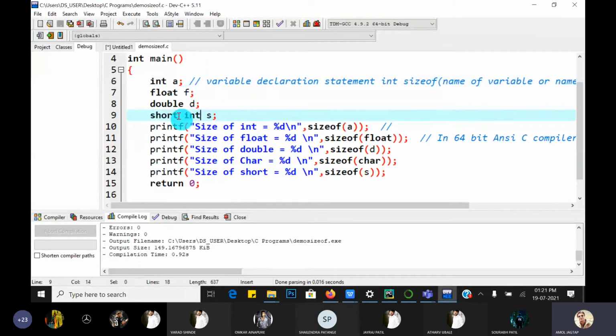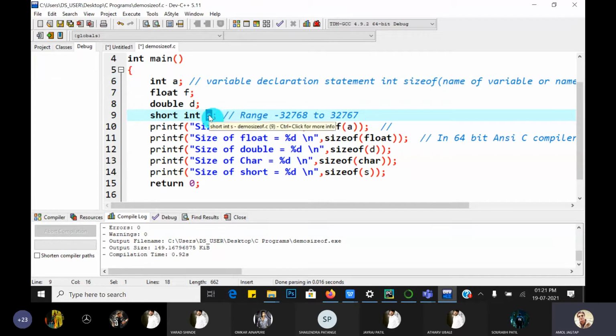If you use short int, then it requires only 2 bytes, and if it requires 2 bytes, then what is the range? We have explained the range also. Range means the smallest and largest value that can be saved in that variable. So it is -32,768 to 32,767. That much number we can save into the short int variable s. So it is sufficient.